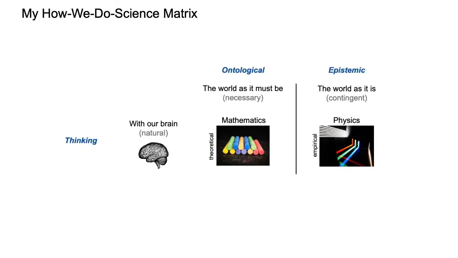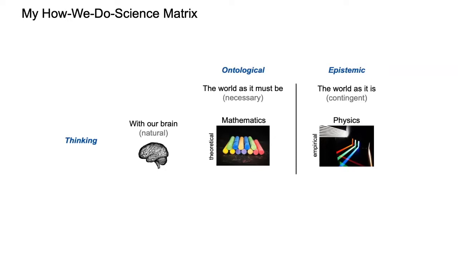So I like to think of it in terms of model logic, in the sense that mathematics is something you can do from your armchair, right? You can derive the numbers and the real numbers and so on. So it's a lot of theory. And of course, some philosophers might disagree, right? But you could almost argue that mathematics is necessary. It's the way it is, and it couldn't be otherwise, right?